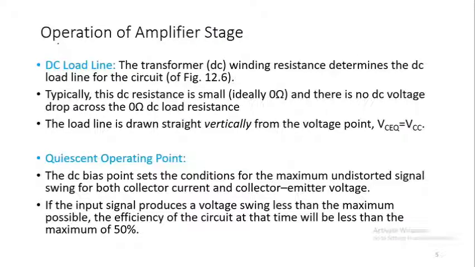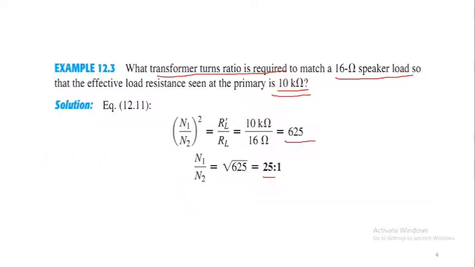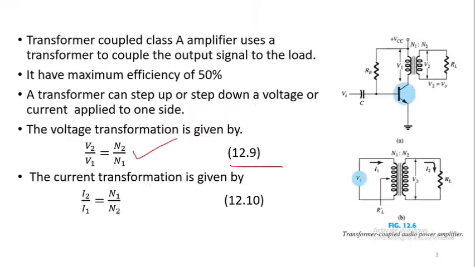Now we are going to discuss the operation of the amplifier stage. तो अगर आप एम्पलीफायर, जो कि ट्रांसफार्मर कपल्ड एम्पलीफायर है, इसका ये डायग्राम देखें। So we have a fixed bias network, लेकिन यहाँ पे जहाँ पे RC कनेक्टेड होता है, RC रेजिस्टेंस, वहाँ पे हमारे पास ट्रांसफार्मर है।